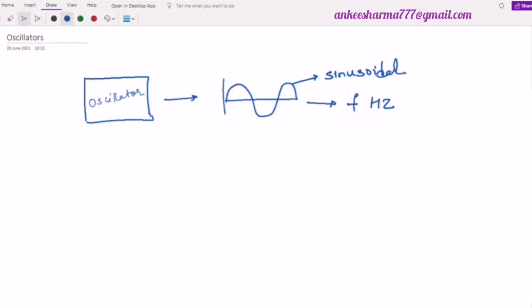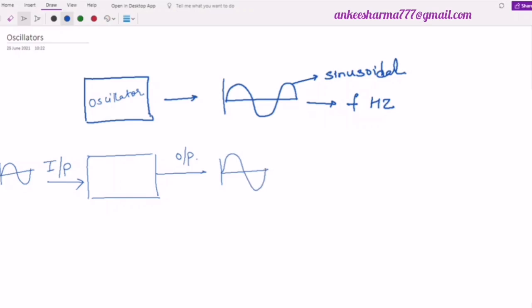So if I relate it with an amplifier, because we have done a complete study on this amplifier, we have got enough knowledge about it. So what was an amplifier? An amplifier was nothing but a device which is capable of amplifying your input signal. Means over there you apply an input signal, and in the output you get an amplified output signal. For example, if this is my input signal, then in the output I would get the amplified output. So this is the amplified signal, and this is my amplifier.